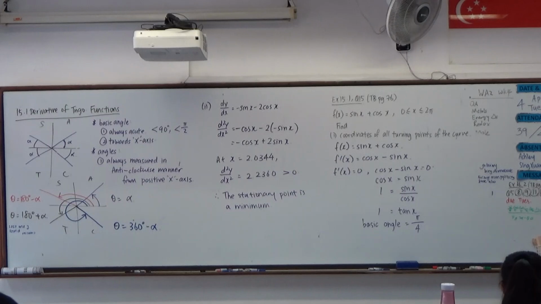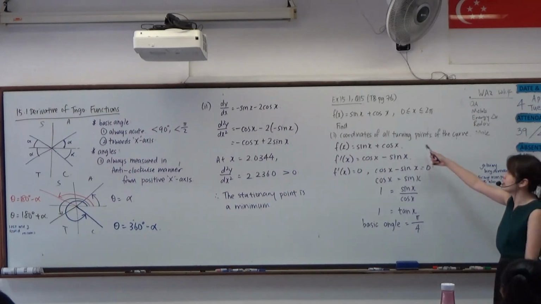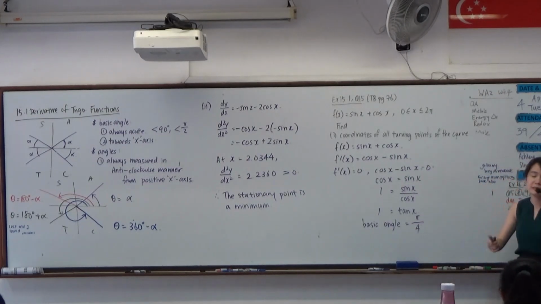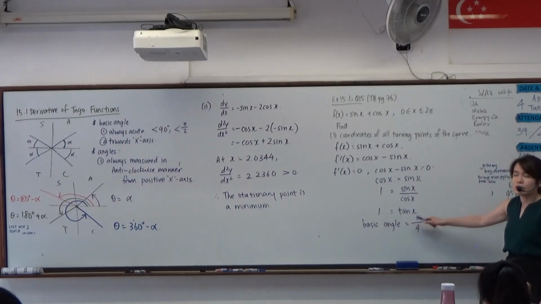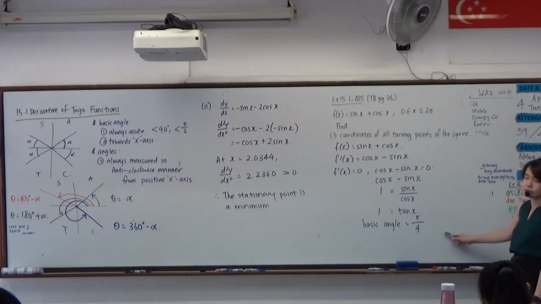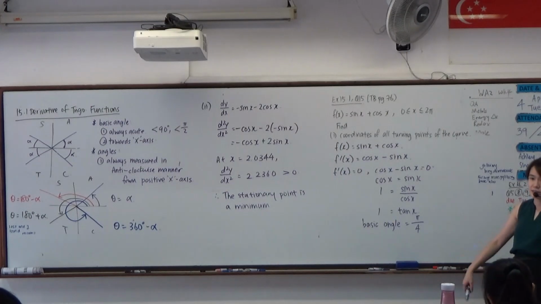Why am I keeping to exact values? It's because we are looking for coordinates. I thought it would be nicer if we leave it in exact. But let's also try to practice recognizing special angles. If you cannot recognize special angles, that means your 30, 45, and 60 degrees,